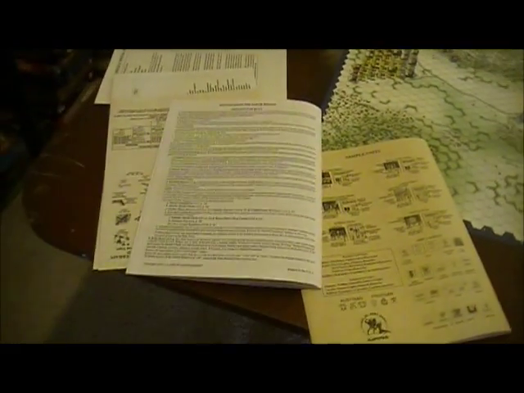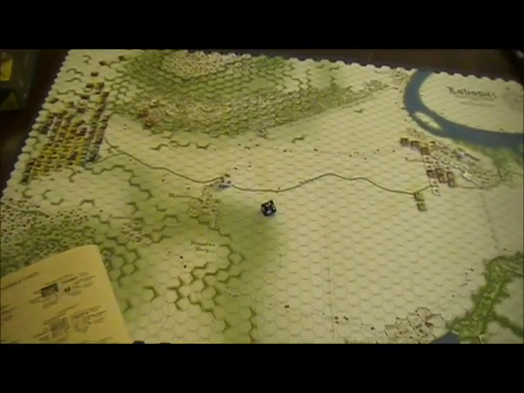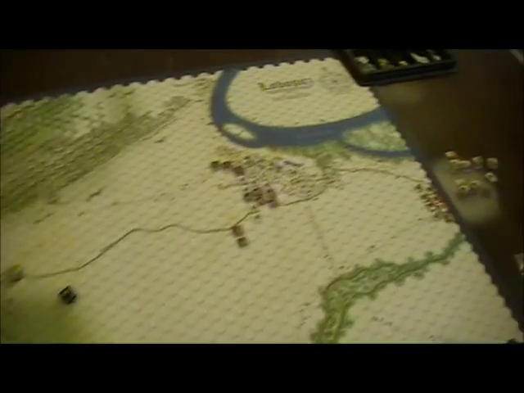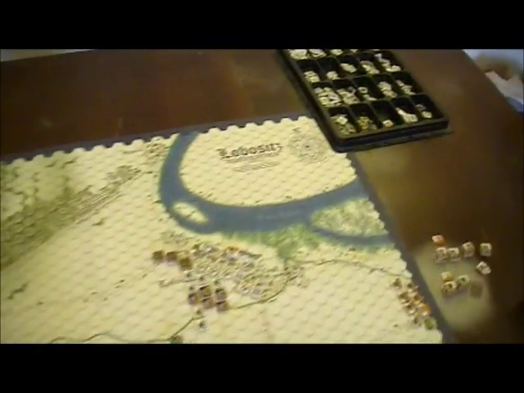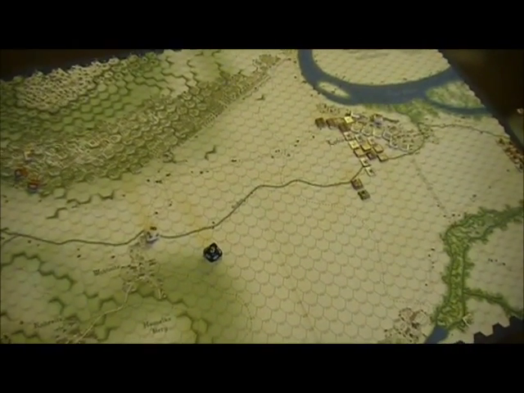Okay, here's the sequence of play. Doesn't look too terrible. It fits on a page at least, right? Every hour, you count the total loss of strength points. Now, there are two ways to track strength points. One of them is using counters underneath units, as many tactical games do. The other, and probably better,